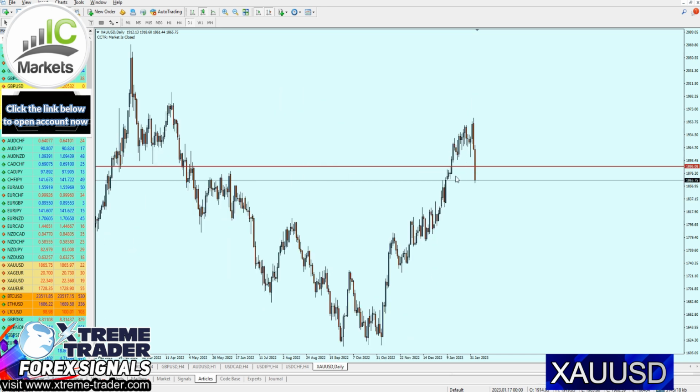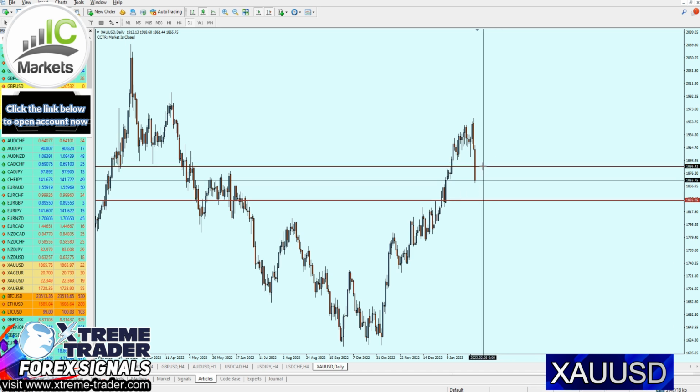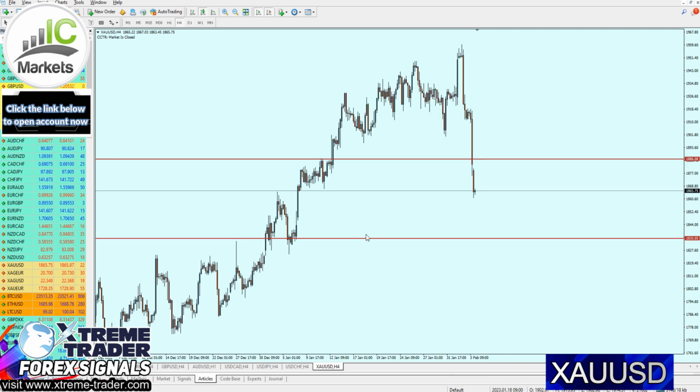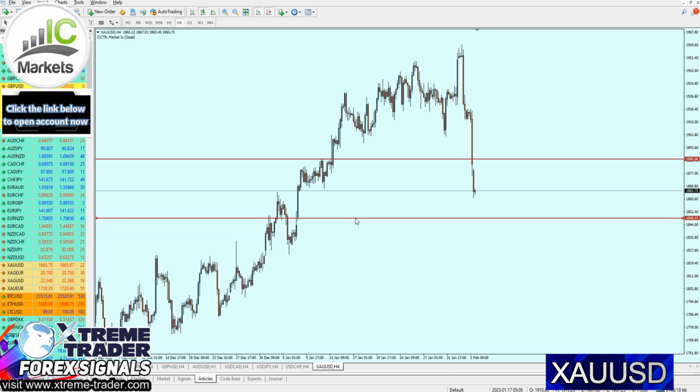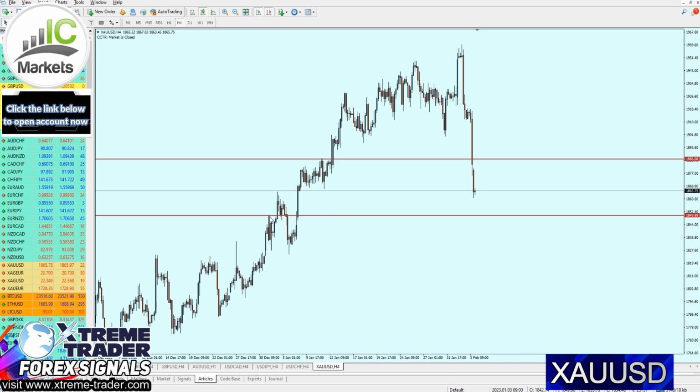Let me just now move to the daily chart just to make sure to highlight the take profit level, which is going to be placed exactly right here. You know what? That's going to be a lot of pips. Yeah, 500 pips. I mean, that is so unrealistic and not my style at all. Therefore, the take profit level, my friends, is going to be placed just right there at the nearest resistance to the entry. Of course, I'm totally aware that the gold is really closer to the take profit level than the entry. However, I cannot risk telling you to buy the gold at all at the moment.